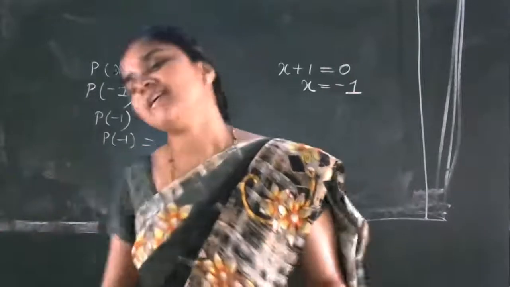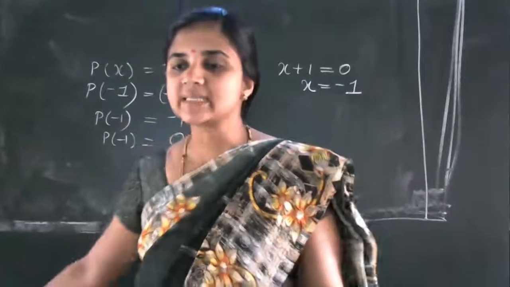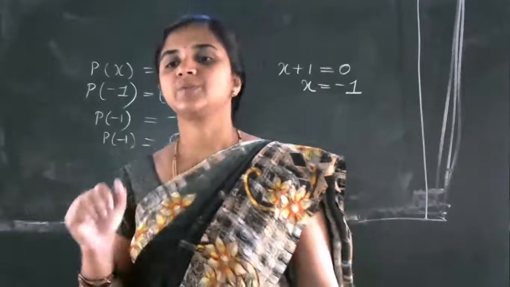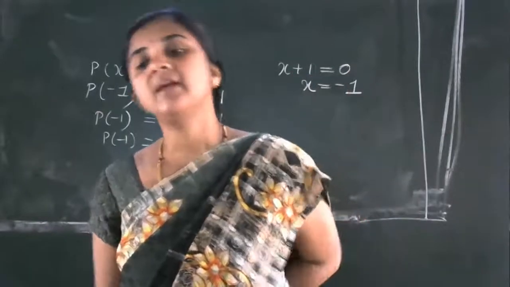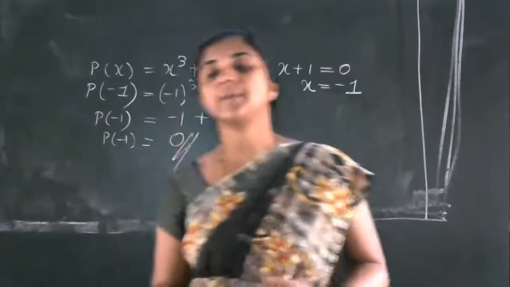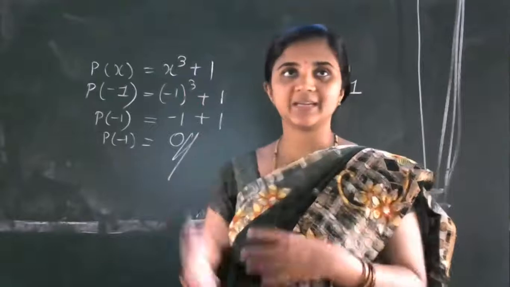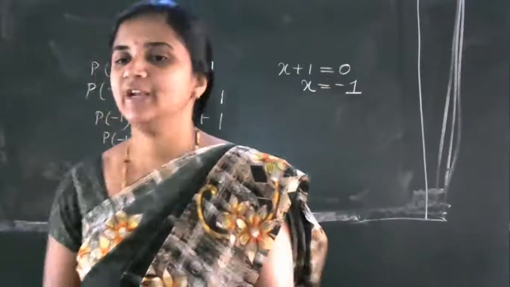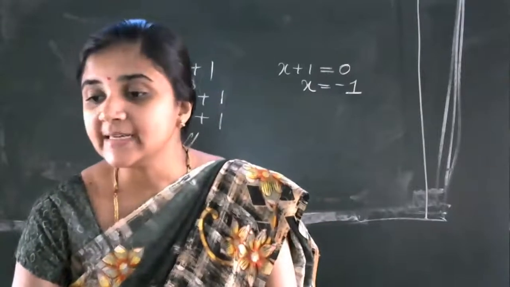Why can we not apply the verification part in the remainder theorem method? Because in the remainder theorem method we can observe only the remainder, not the quotient. But in the actual long division method, we will get the quotient and also the remainder. Okay, this is about the division of polynomials. For a better understanding of this concept, you have to watch yesterday's video. Okay, so we'll go back to our sharing part.